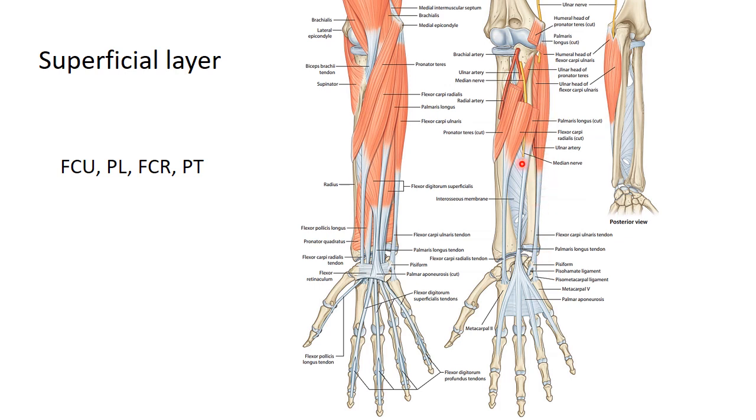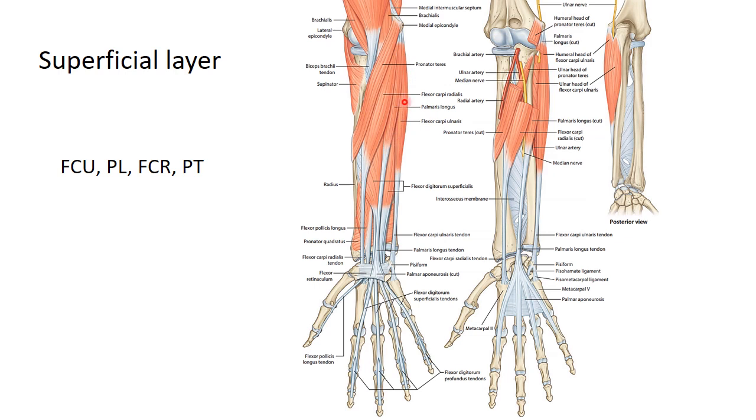Here we call it ulnar and radial; usually we call it lateral and medial. So it deviates the hand ulnarly or medially. This movement we call adduction of the wrist joint. The second muscle is the palmaris longus. And the palmaris longus is present in only 15% of the population